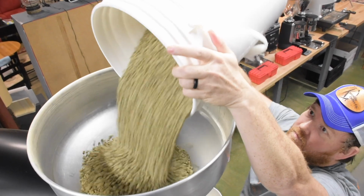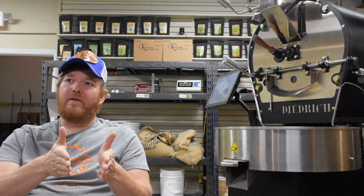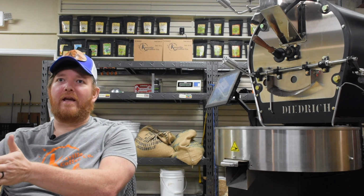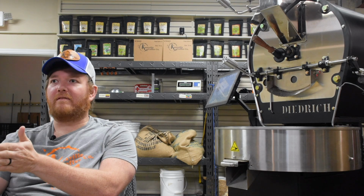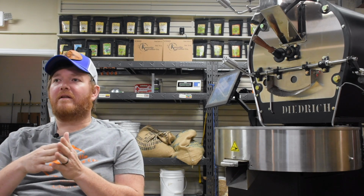So you can improve that roast. You're going to start with a good roast for everything, and then slowly build towards each coffee bean being what it can. So you're not going to roast a Sumatran coffee the same way you're going to roast an Ethiopian coffee, and you're not going to roast that how you're going to roast a Colombian coffee. But you can create consistency